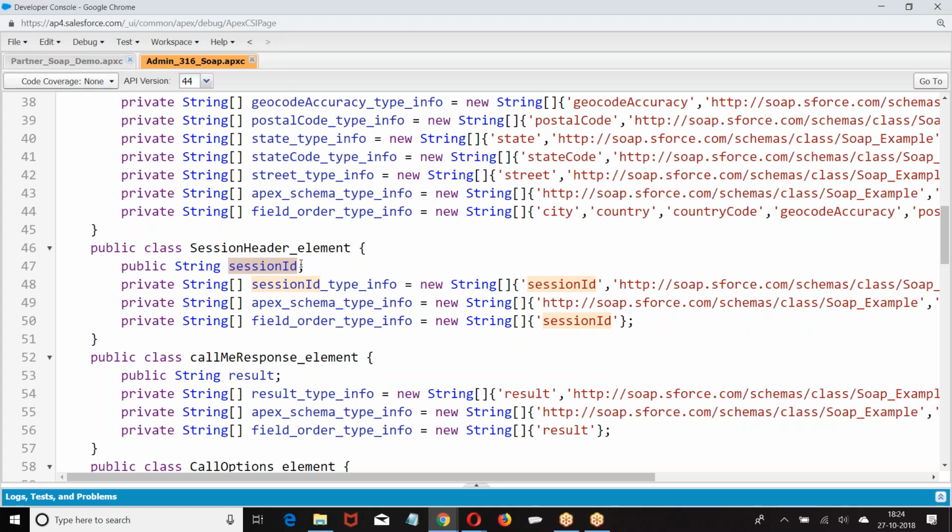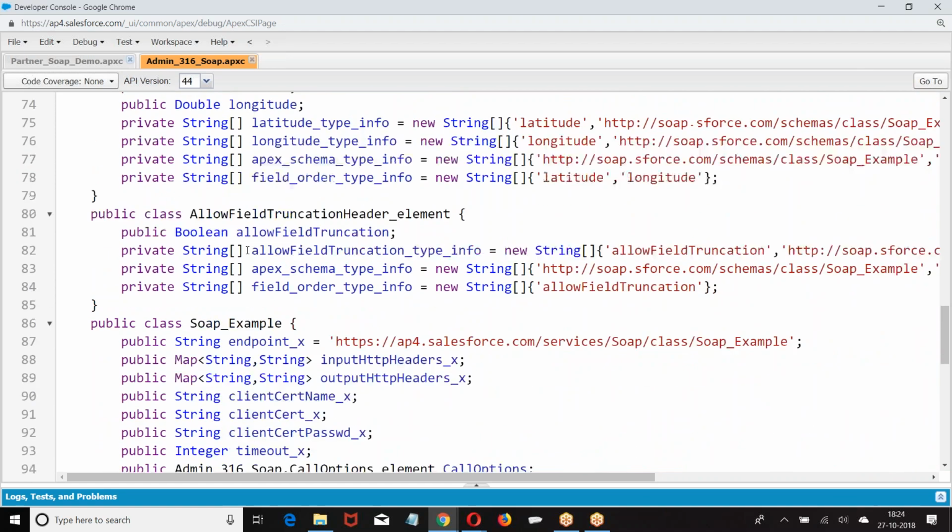Previously, they told if you want access, call the method with username password. But here what they are saying, if you want to call this method, put your session ID in the header. How will I get session ID? First I have to get a session ID, then only I can put it. How will you get session ID? First I have to make a request to the org and get the session ID. How will you do that? Partner WSDL file. When I consume the partner WSDL file, using a login method, I will make a request to the 316 org. They will give a session ID. Whatever the session ID I got, I will pass here. Did you get my point? So let me execute this and show you.